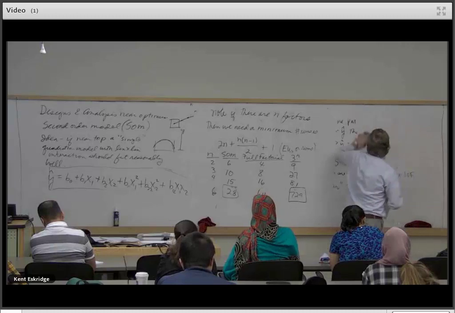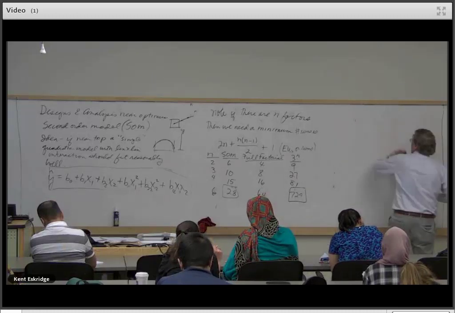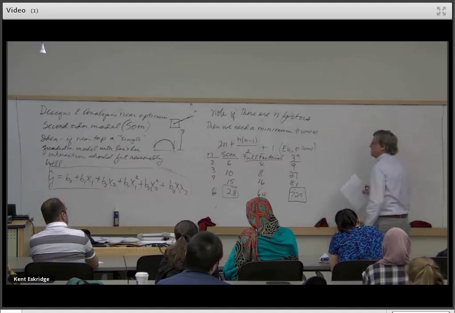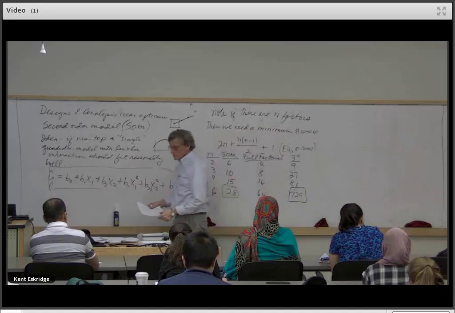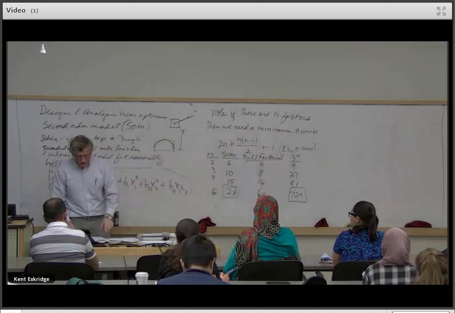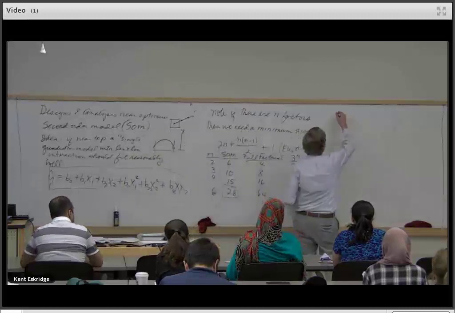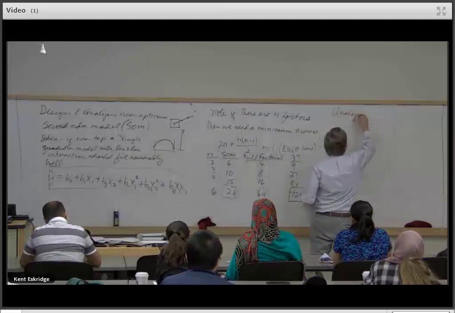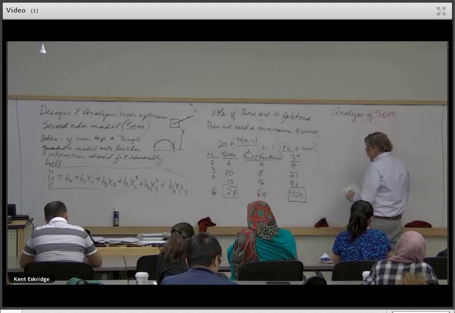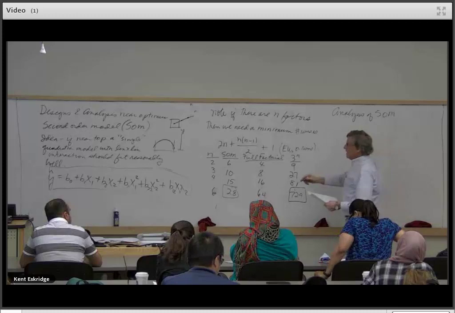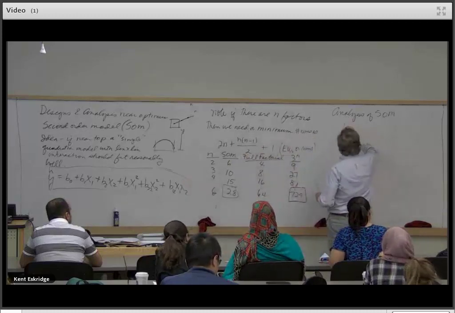But let's talk a little bit about the analysis of second order models, because this is problem 4. The analysis of second order models, when we get data from a central composite design. And I'll talk about that next time. So the analysis of second order models. Well, we already have our model over here. Let's just get the ANOVA for this thing. So the ANOVA is